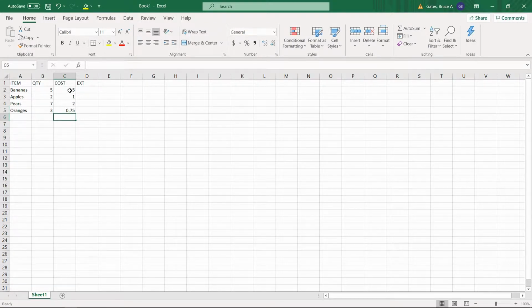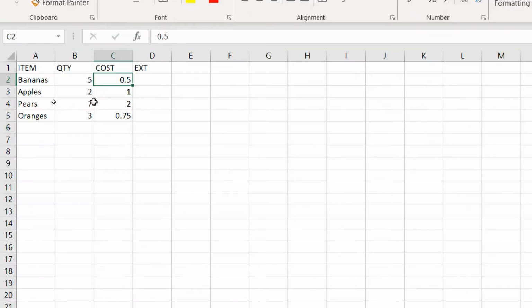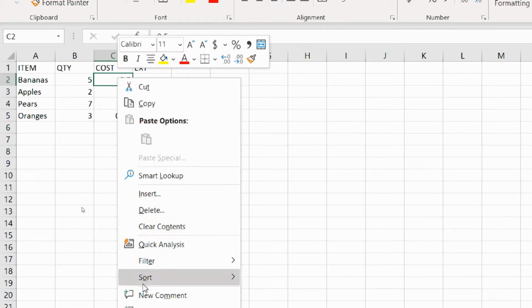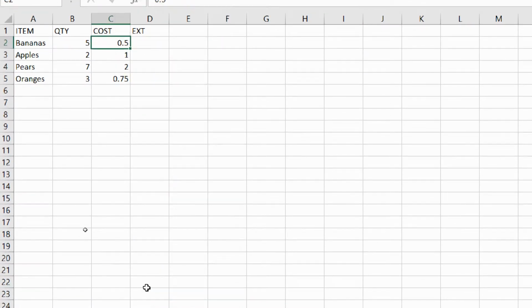Now, already we've got a problem because these are not in currency format. They're in decimal format. So we could quickly go over here and select the dollar sign and make that currency. But I just want to show you some other options that you have. So let me just zoom in here to show you a little bit better what we're looking at here. If we right-click this cell that we want to be currency and go down to format cells,